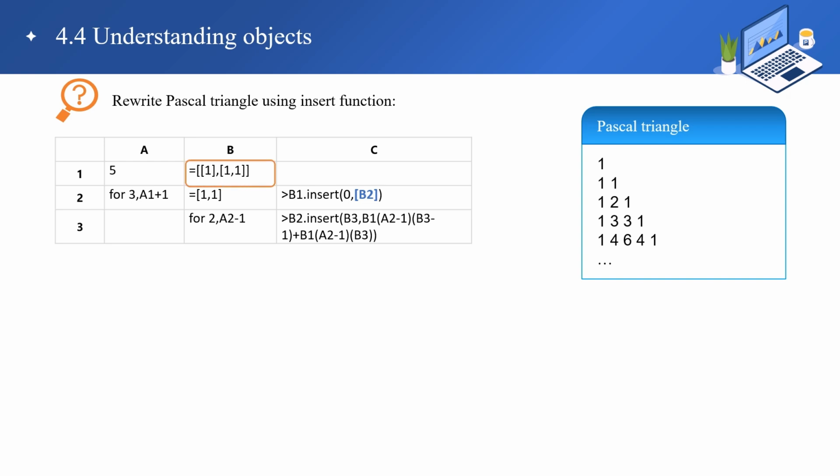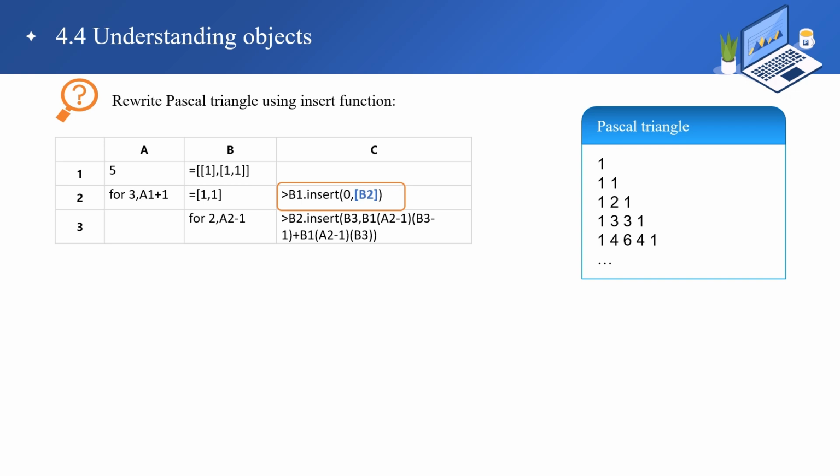B1 initializes the first two rows. In the loop of each following row, a sequence with only head and tail is generated in B2, added to the end of B1, and then the calculation of B2 is completed by inserting the intermediate value in B2 by the loop. Pay attention to the action of appending B2 to B1 in cell C2. When adding a sequence member to a two-layer sequence, add a layer of brackets to the parameter, that is, the